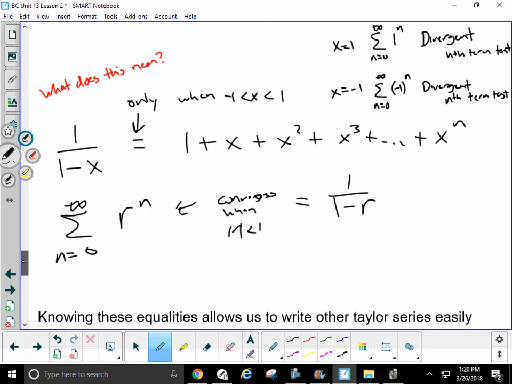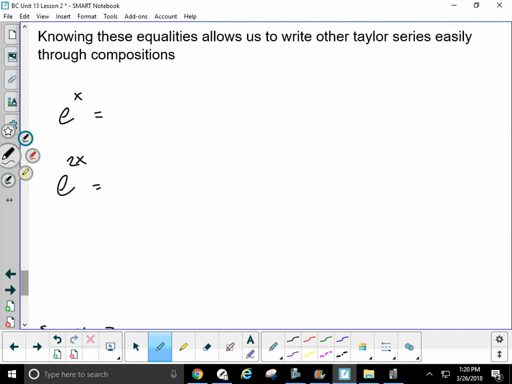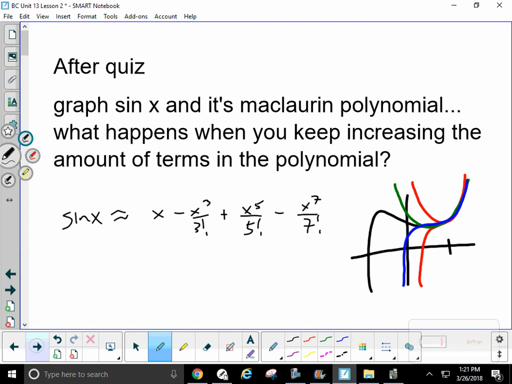Okay? Now, this brings us to our lesson pretty much today. Now, this was part of the lesson, understanding that the Maclaurin series creates this equality with this very tough function, but what we can use this to do is to write tougher Maclaurin series or Maclaurin polynomials, using the fact that f of x,